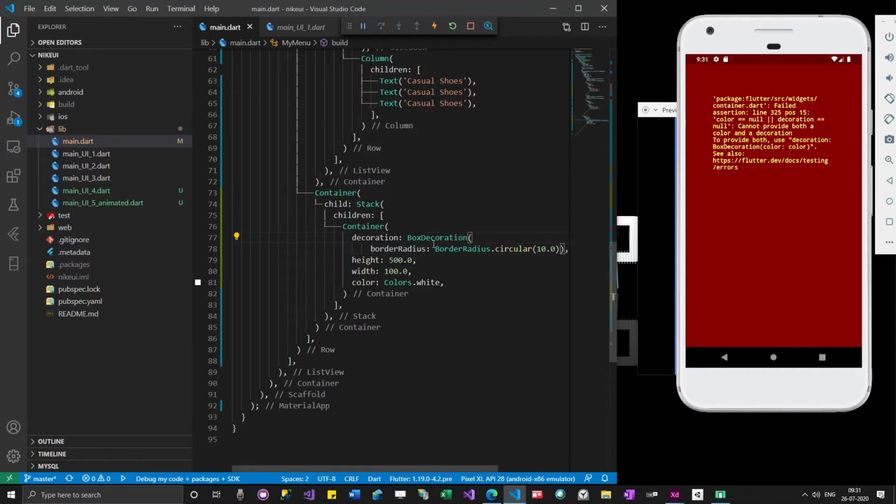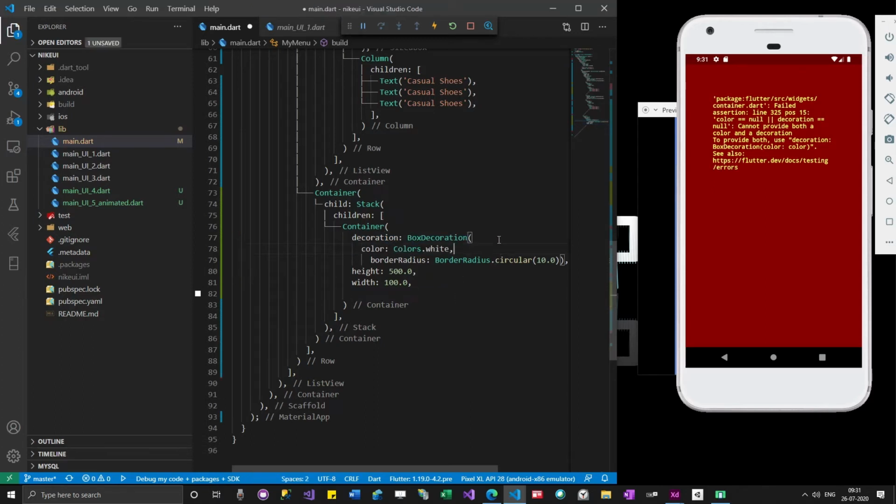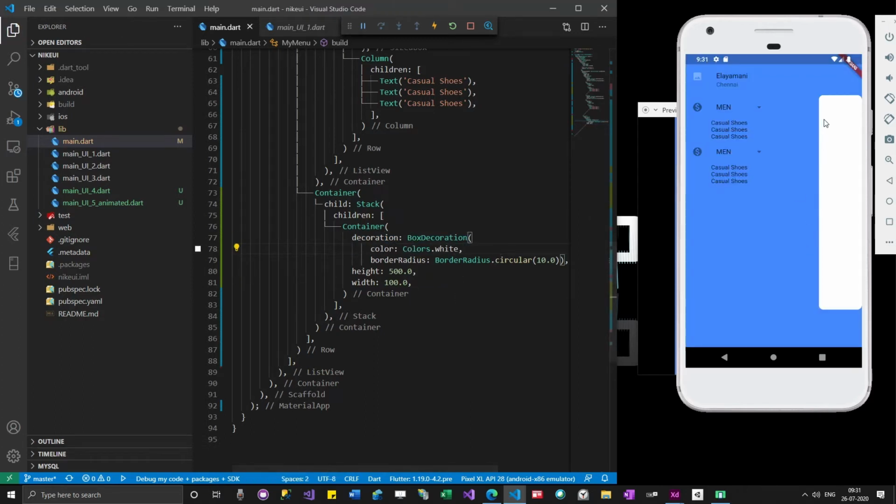Okay, so the reason why we got the error is once we start giving decoration, we have to give color inside it but not outside it. So now you can see that a container with border radius is added. Okay, but you could see that we have some border on the other side also.